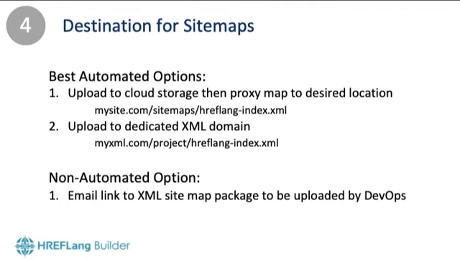Using cross-domain verification in Search Console, Google will allow you to manage everything centrally. So again, any of these three options, all dependent on your needs, your desire, your level of security, and more importantly, the complexity